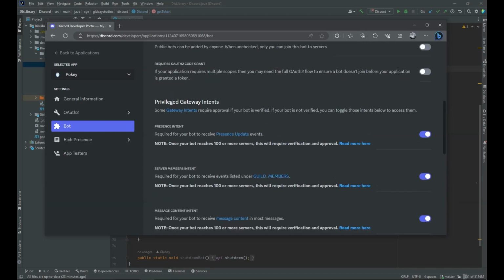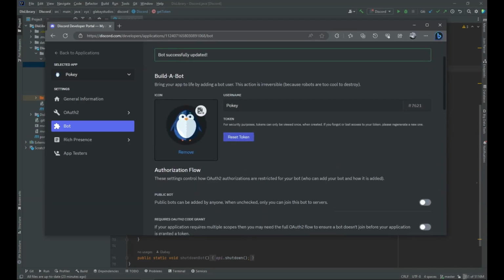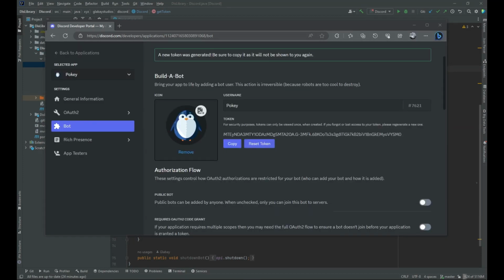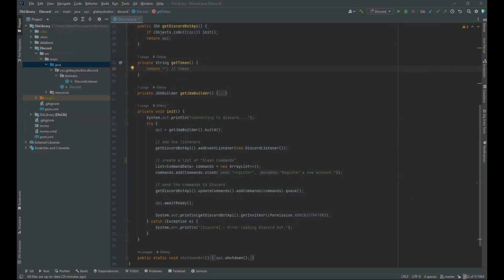Alright, so up top you're going to want to reset the token, because it does say here that you should not forget it, but technically it never gives it. This is just sort of a quirk. I've discovered this after making many bots myself, that I've never had this actually give me the code first. I've always had to reset the token, just as a little side note there. So I'm going to go ahead and reset my token. Alright, so there we go. Now we're just going to want to copy that